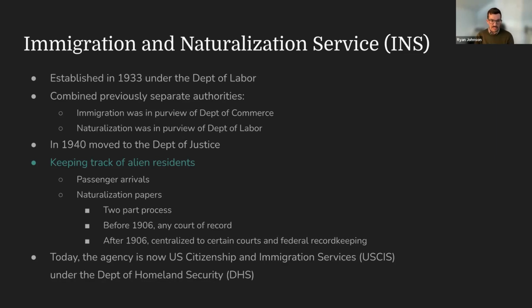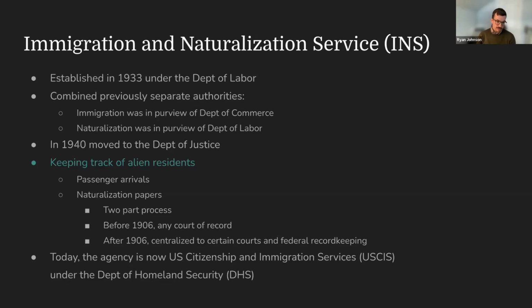So keeping track of alien residents is kind of the main theme of this record set. And if we think to before 1940, of when were the times when non-citizens were interacting with the federal government, it was once when they came to the country, they were listed on a passenger arrival. And then if they became a citizen, then they would file naturalization papers, which was a 2-part process. As I alluded to earlier, they filed that declaration first, and then after a waiting period could become a full